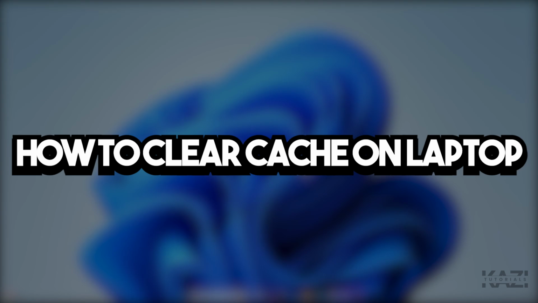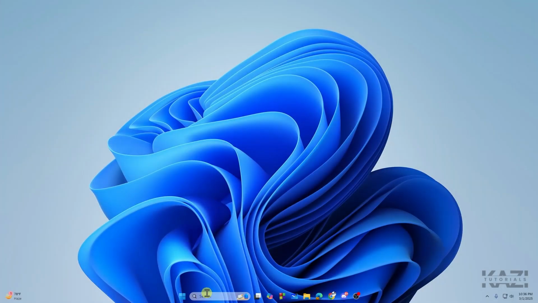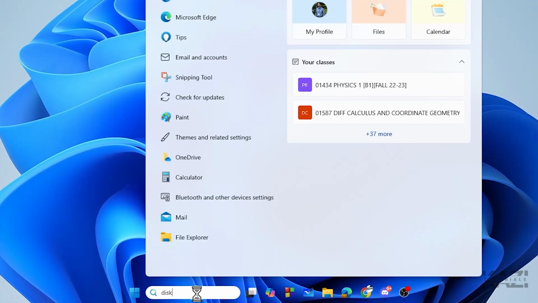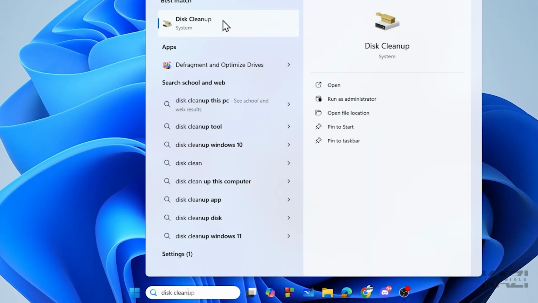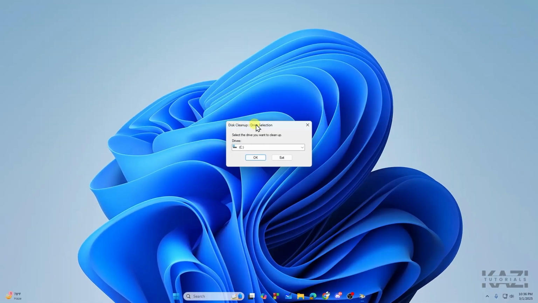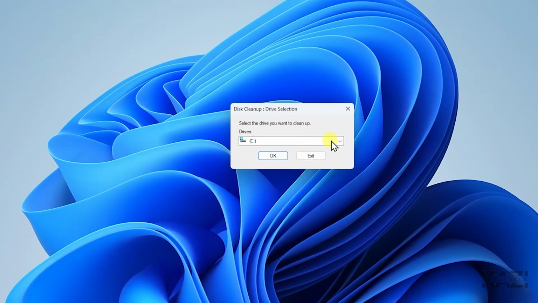It's quite simple, so let's get started. First of all, I'm going to simply go to the search bar and search for disk cleanup. There you go. You need to open this up, and now you need to select the drive that you want